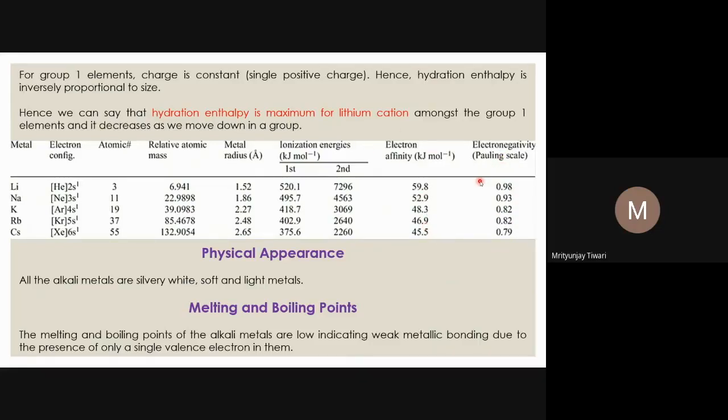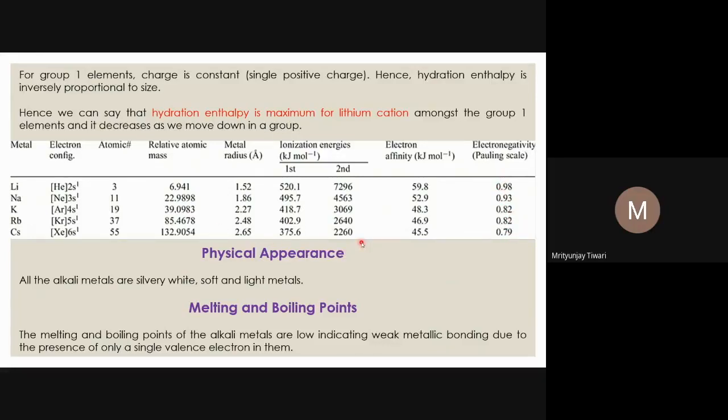This is true for all the group elements in general, and we see it here for the alkali metals as well. The trend is something that we understand. And for electronegativity, with the values you get a better feeling of the trend. You see it is decreasing on the Pauling scale. Though the values look the same, on the third place of the decimal there is a certain change. That is not important for us to remember. The values are not much different, but there is definitely a certain trend.